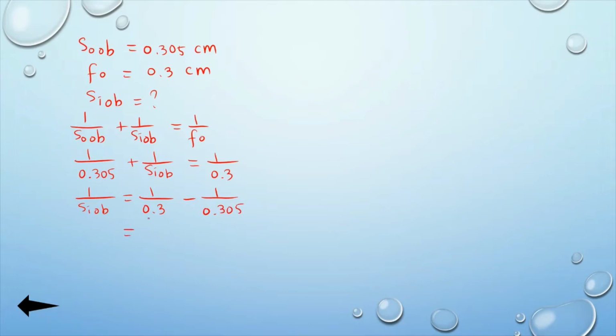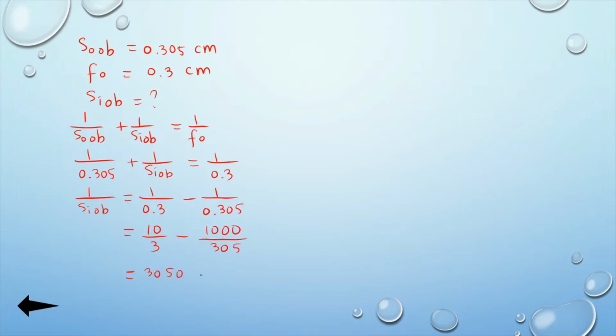Remember, 0.3 is 3 over 10. So 1 over 0.3 equals 10 over 3. 0.305 equals 305 over 1000. So 1 over 0.305 equals 1000 over 305. The equation becomes 3000